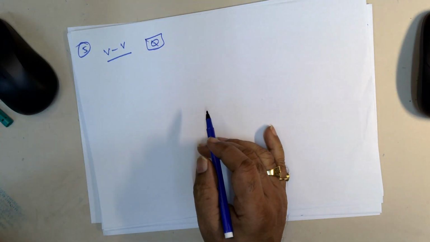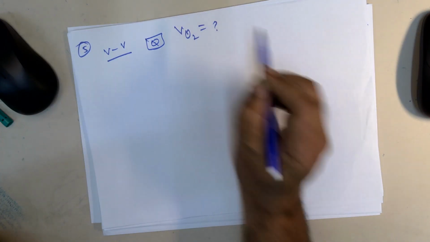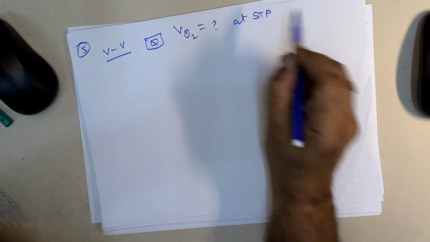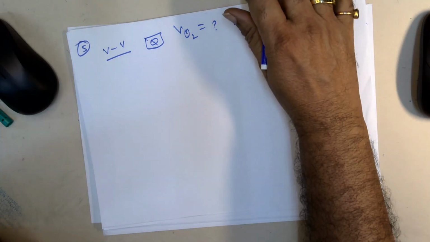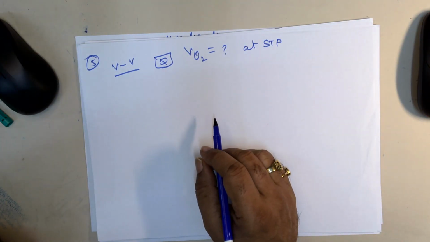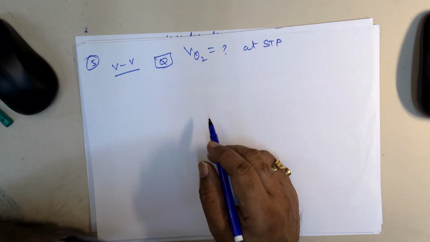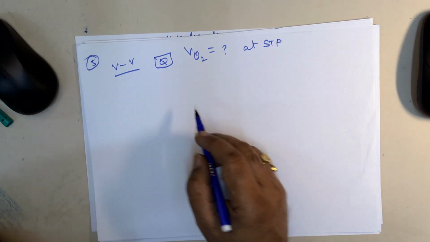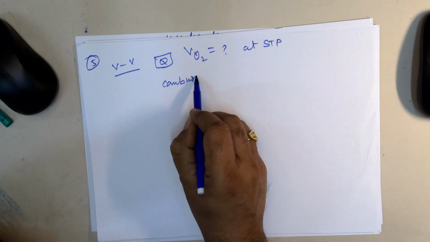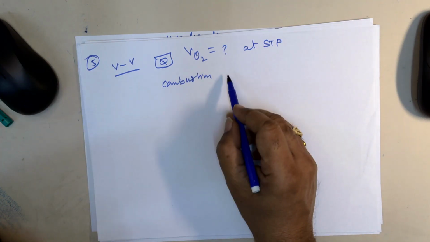What volume of oxygen at STP is required to effect complete combustion of